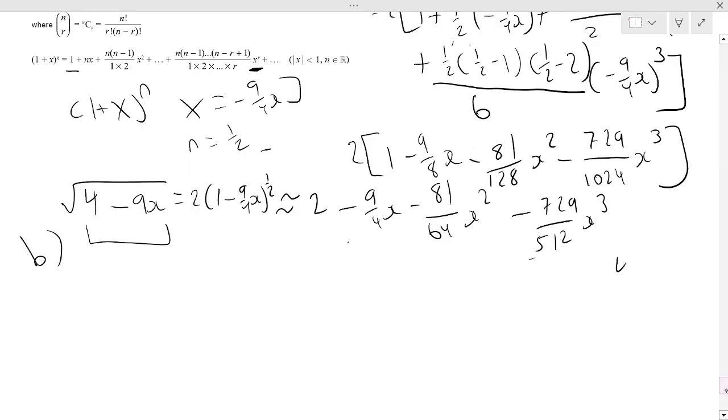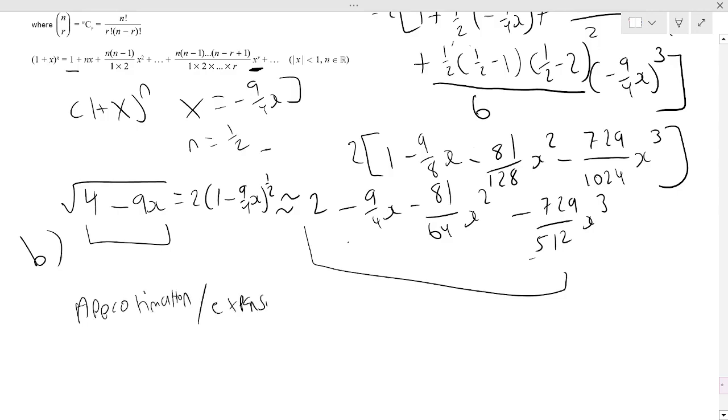And actually, that means any further terms are going to be negative as well. So that means actually our true answer would be smaller, right? Because it would include more negative terms. And obviously x is positive, so whatever you plug in for x will be positive. So negative times positive will be negative. So actually this will be an overestimate. So our approximation or our expansion will be an overestimate